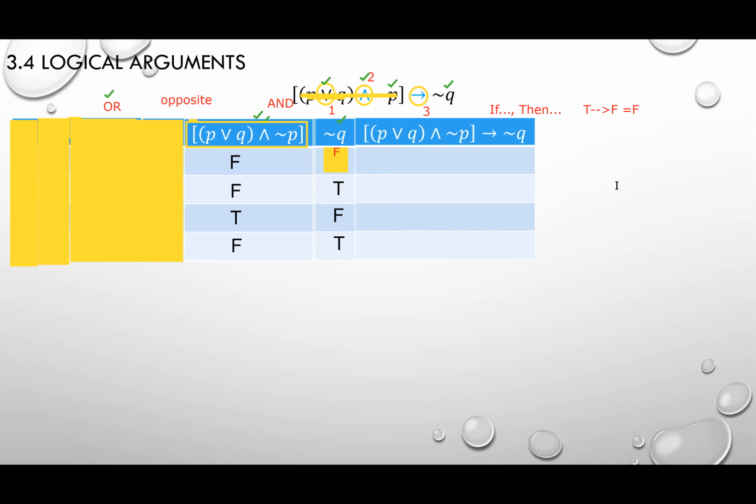Anywhere else, if it does not follow this sequence here, T arrow F, if it does not follow that sequence, then it will be true. And like I mentioned, the difference between the if and then arrow is whatever is on the left, you have to look at first, whatever is on the right, you have to look at